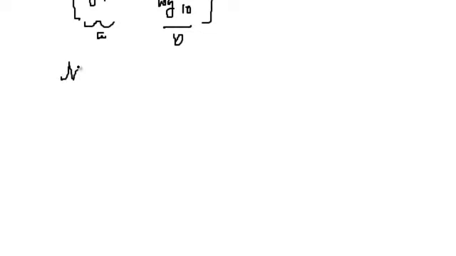In the given expression, we have to calculate the minimum value of the expression. So the minimum value of this number is 2. But our objective is to calculate twice of this number, so the minimum value should be equal to 2 into 2, that means 4. That is our answer. So 4 is the answer for the minimum value. Okay, understood. Now we move on to the next problem.